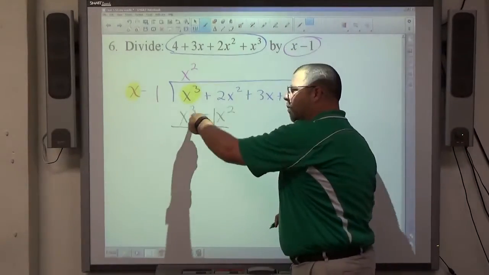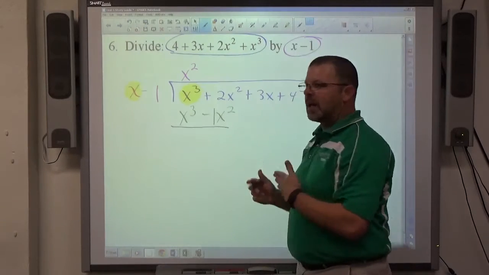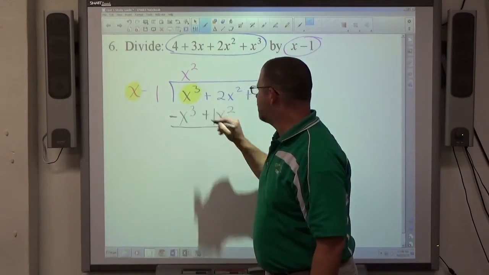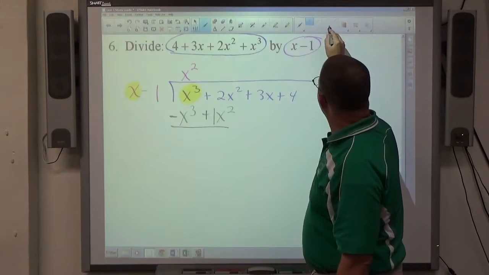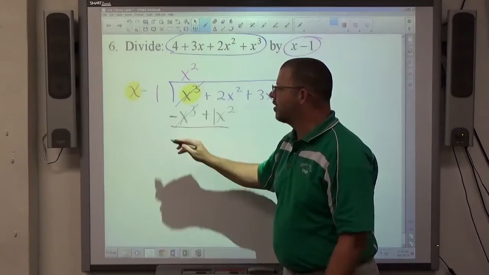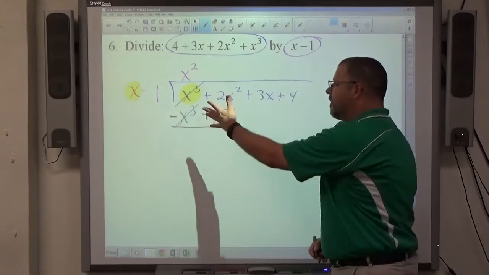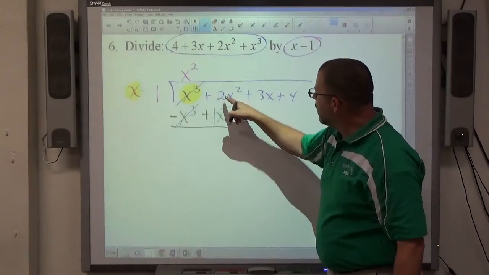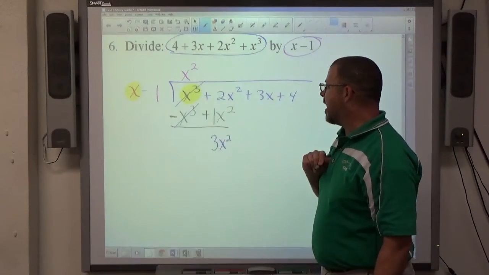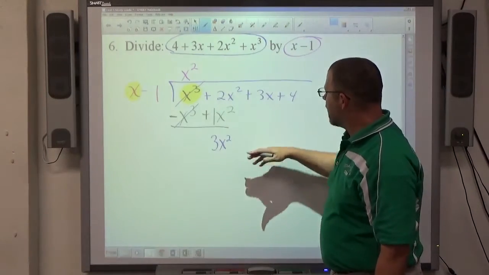We get a binomial product. We're going to subtract that binomial by changing both signs. So x cubed becomes negative, 1x becomes positive. And the reason we do that is because now x cubed minus x cubed cancels, getting the highest power term out of the problem. The remaining problem is going to continue on. 2 plus 1 makes 3, x squared. They're both positive, so I add. 2 is bigger, so it's positive. Bring everything else down